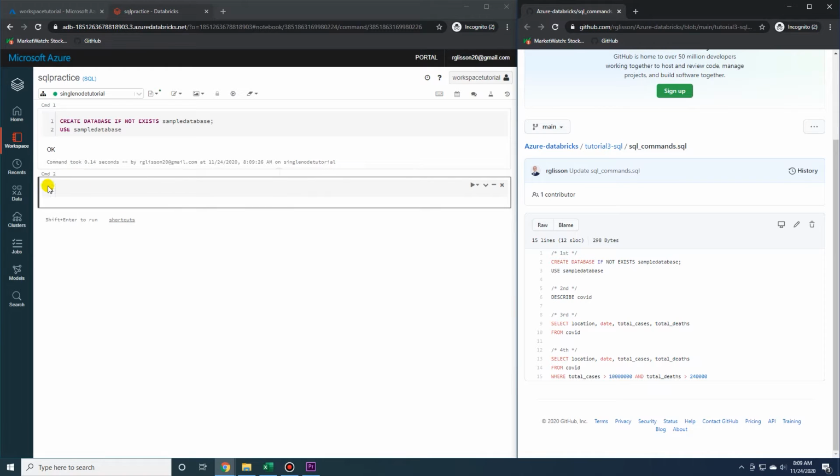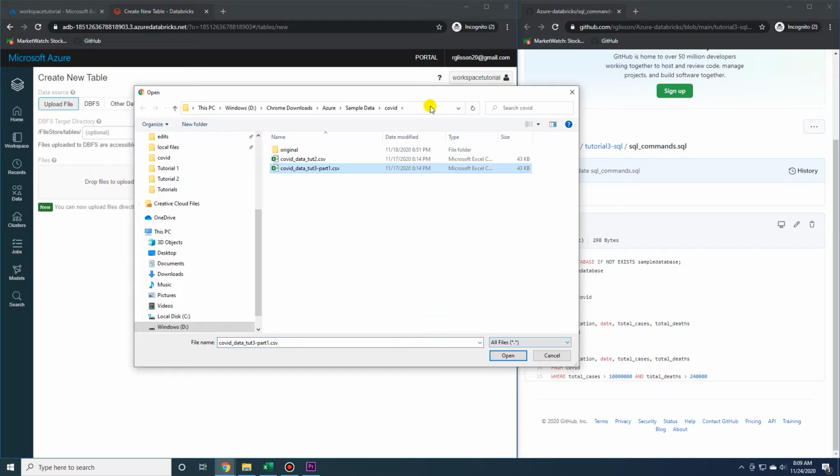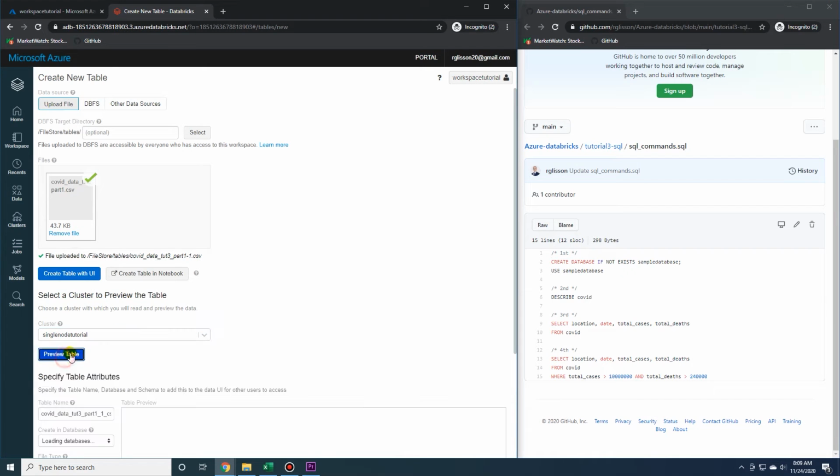And then the next thing we want to do is upload data to this database. So let's go to data, add data, browse, and you can just grab a sample CSV file. Create table with UI, select our cluster, preview table,